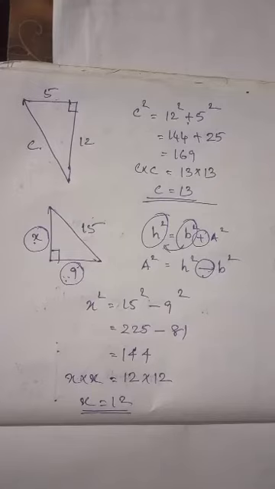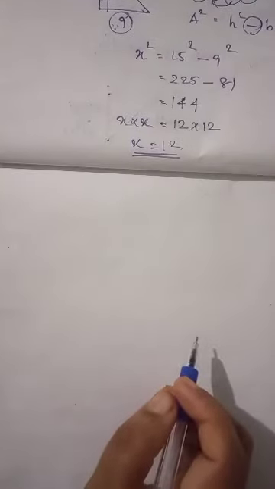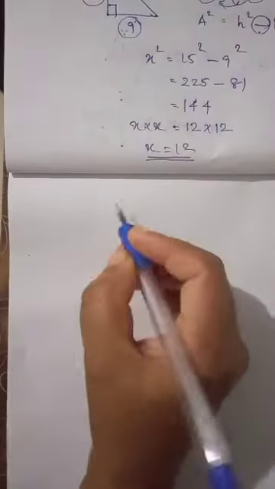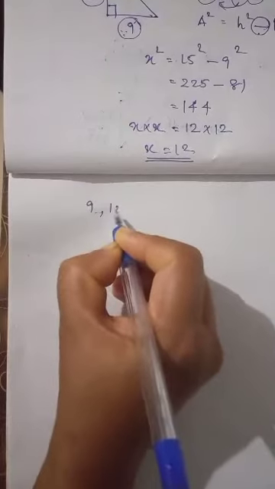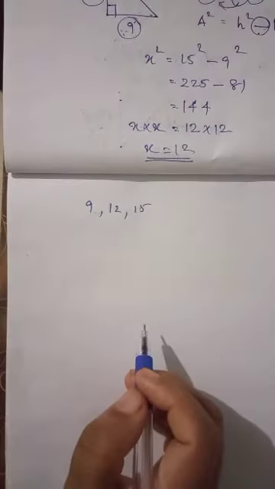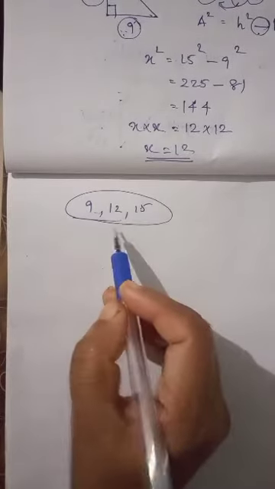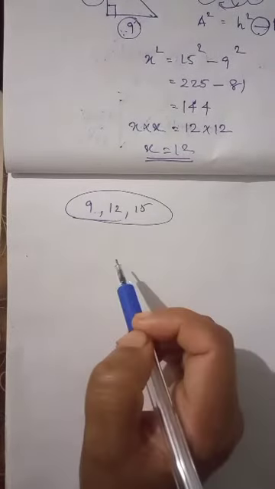In that exercise 11D, question number 3 is only writing the equation. Other question number 4 and all, we have to find the other side, the remaining side. Next, determine if a triangle with the sides of given length is a right triangle. The triangle's 3 sides are given: 9, 12 and 15. We have to check whether using these sides you can draw a right triangle or not.